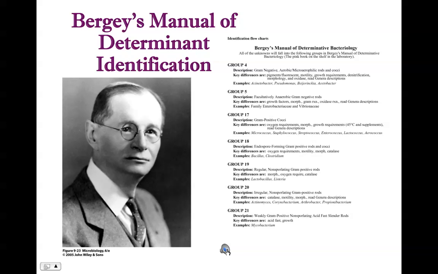A scientist by the name of Bergey, many decades ago, put together a key or a reference manual, which was Bergey's Manual of Determinative Bacteriology. He essentially created a way for scientists to determine and distinguish different kinds of species of bacteria that had been discovered. It's been updated, and we continue to use Bergey's Manual, which is quite famous, for the distinguishing of and identification of bacteria and now archaea.